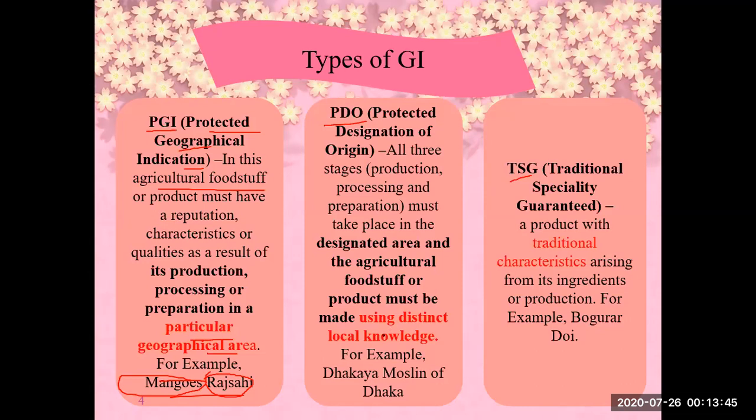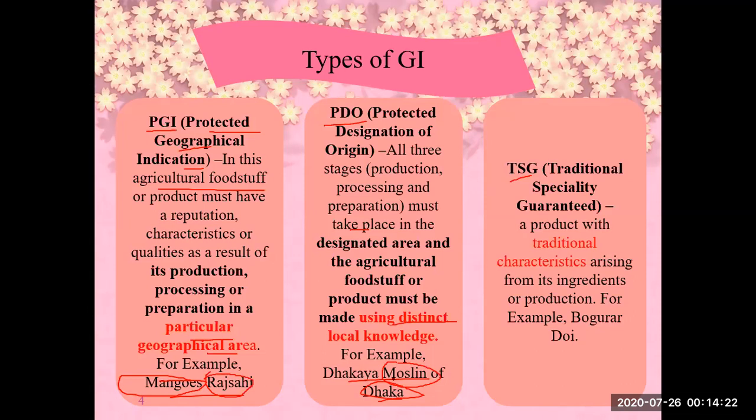It means there is some distinct local knowledge about that product. That knowledge or that product is mostly made in that area. It is called protected designation. Production, processing, and preparation, all of these things take place in that area. It can be agricultural stuff or handicrafts or anything. For example in Bangladesh, it can be Dhakai Muslin of Dhaka. That means due to that origin, Muslin is best produced in Dhaka,